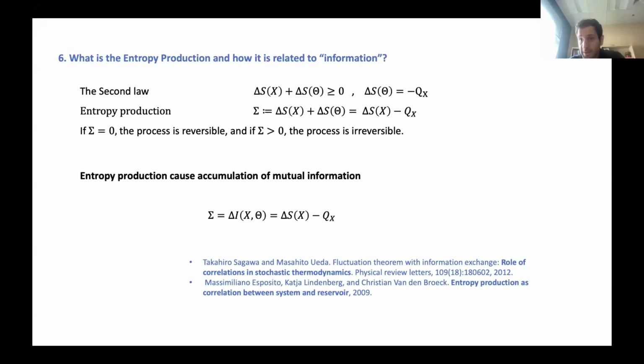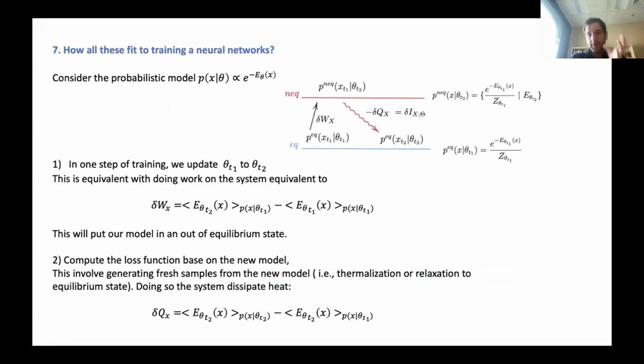So we want to use this naturally, right? We already have a system X and theta. X is my sample that I'm generating from the model, and theta is the parameters. And this is where everything comes together. So maybe we need to spend 5 minutes on this slide. So we have a system X. This system X is evolving, and the sample that I'm generating from this system is the microscopic state of this system, my model generated sample.